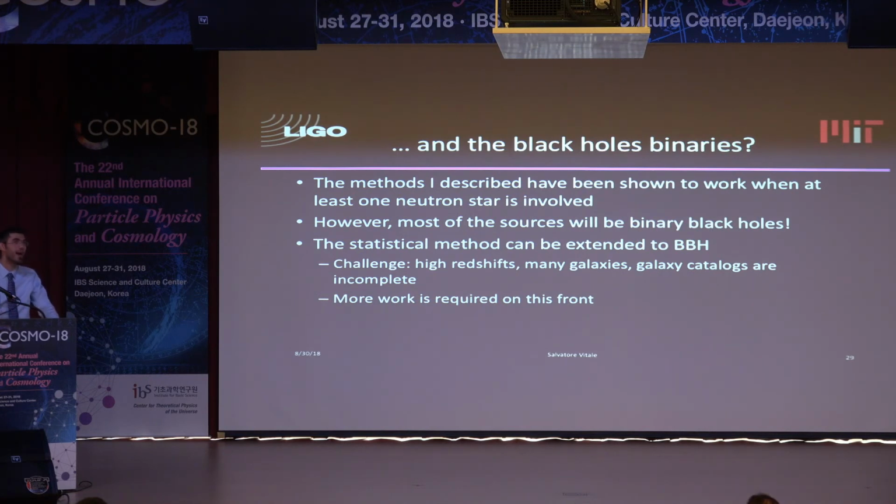Binary black holes are heavier, which means we can see them farther away, and our uncertainty also gets larger. Also, binary black holes are shorter, as Chang-Li showed earlier, and they last in our LIGO band less than a second. So measuring the sky position is much harder. We're not talking of 10 square degrees, we're talking maybe of tens of square degrees. So the number of galaxies that you have to follow up is increasing, and hence the power of this method decreases. That's one problem.